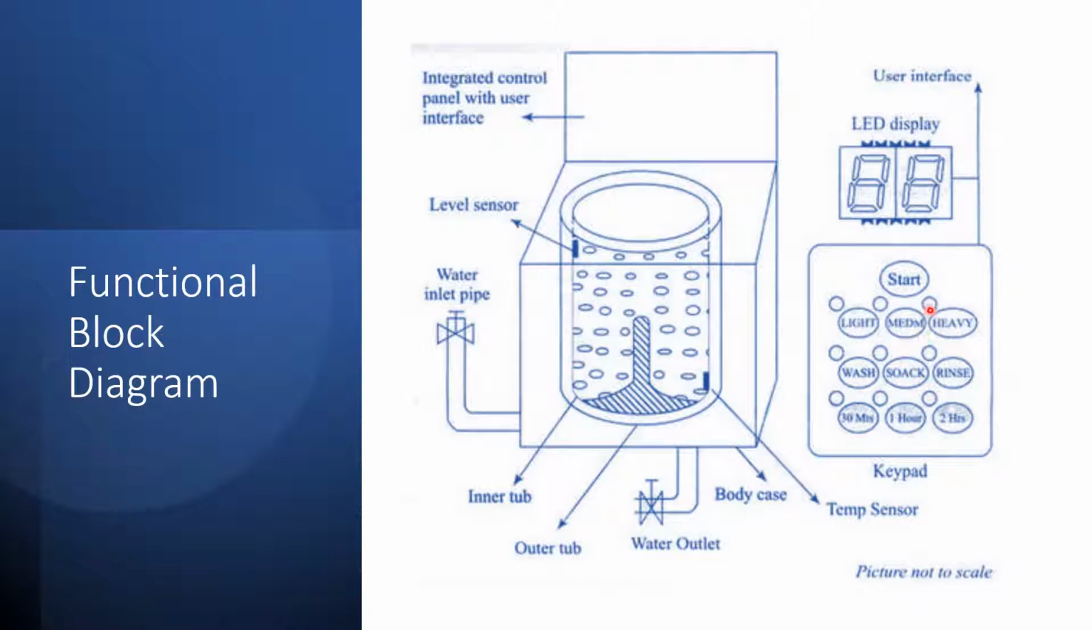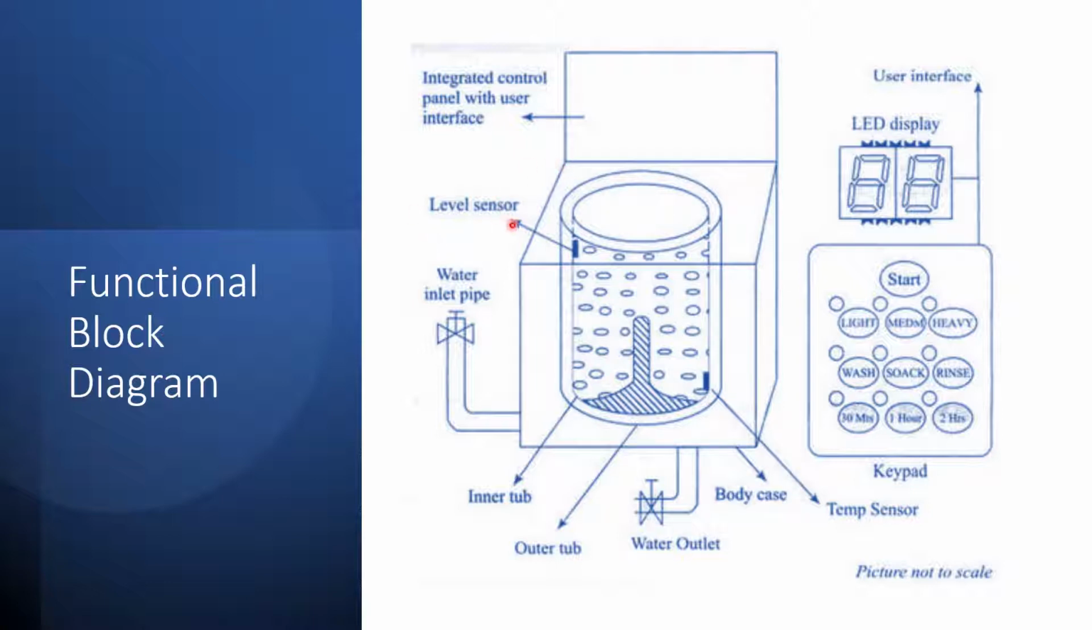You have the start button, then light, medium, heavy, whatever you want to do, the timing, the setting, all that. So you have this keypad in the integrated control panel, and you have this LED display also there. So I say that this part is the input part and this part is the output part. Now, other than that, there are so many other sensors which are not visible to the user, like the water